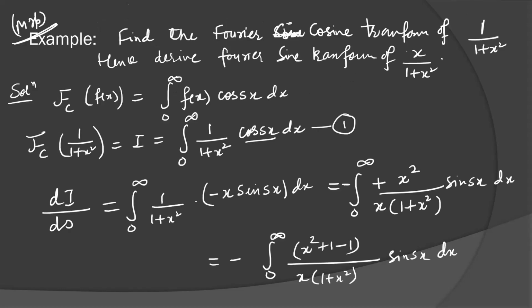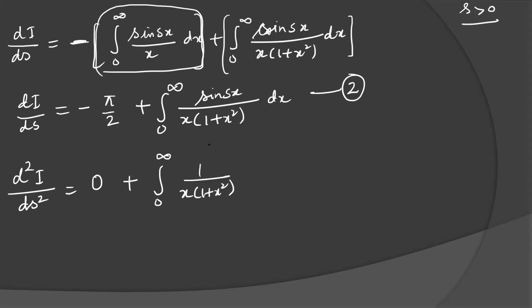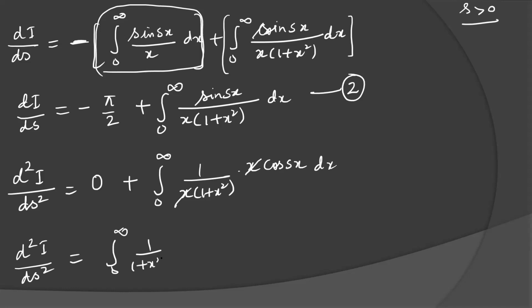Equation number 1 is simple cosine transformation of 1 over 1 plus x square. For this, you can see my Laplace transformation lecture, third or fourth part. Now, if you differentiate with respect to s again, because you are not getting anything here, this is 0 plus 0 to infinity 1 over x into 1 plus x square. Derivative of sine sx with respect to s will be x into cos sx dx. x is cancelled out. So look at a very beautiful differential equation you are getting. This is again 0 to infinity 1 over 1 plus x square cos sx dx. This is nothing else from equation 1. You can see this is equal to I only.